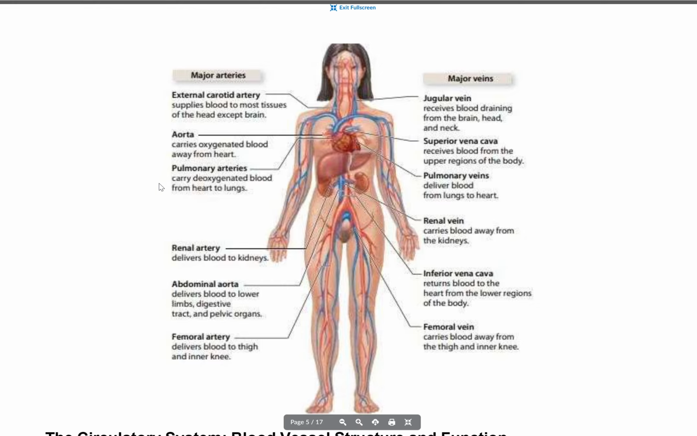Going to the lungs, you have the pulmonary arteries. Coming back from the lungs, you have the pulmonary vein. Going to the kidney, you have the renal artery. Going from the kidney, you have the renal vein. Right? These are important. So you'll notice your kidneys have their own